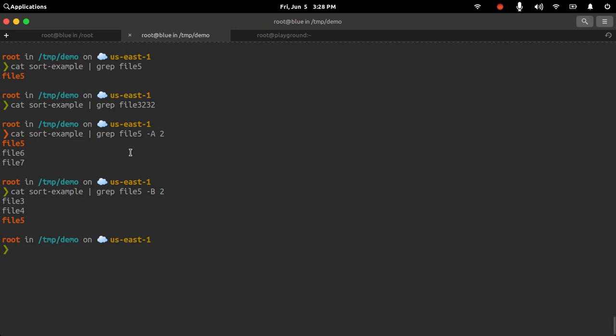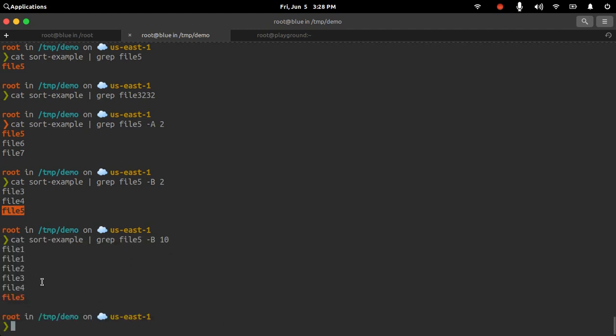So 2 lines after the search string with -A, and 2 lines before the search string with -B. Here you see it is printing the 2 lines before the search string. You can provide any number and it will print all those lines for you.